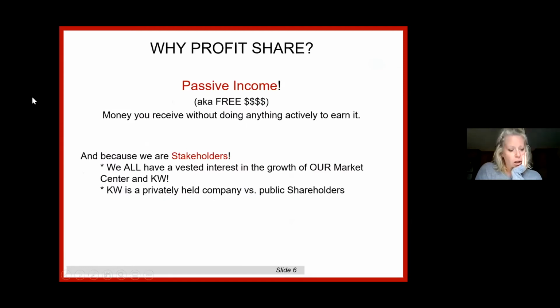So for me, why profit share? For me, it's my source of passive income. It's free money. I don't do absolutely nothing to get it, but I kind of do. There are people in my downline I don't even know. So I've done absolutely nothing, and every month, if they are successful, if they do sell something, if the office is profitable, I do earn some dollars. And whether that's 23 cents, sometimes $23, sometimes $230 from this one person I don't even know,